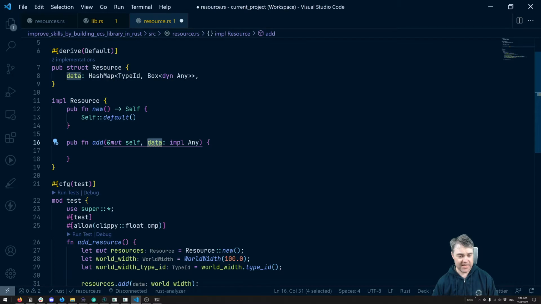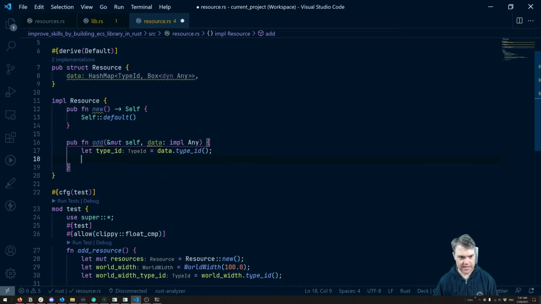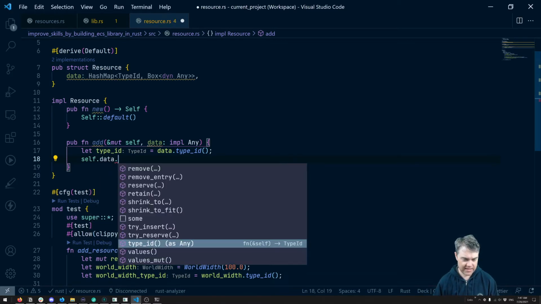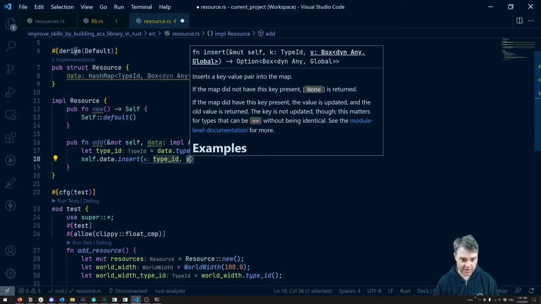So if we have this data, it impls Any. We can get the type ID off of this, and then we'll get our hash map. Let's see. Can I get a type ID off of just data that impls Any? Let's try this. If I do data.type_id, oh, that actually works just fine. So let's do that, our type ID is equal to data.type_id. And then we want to insert into here. So we're going to do self.data.insert. Our key is going to be this type ID, and then the value is going to be the data,